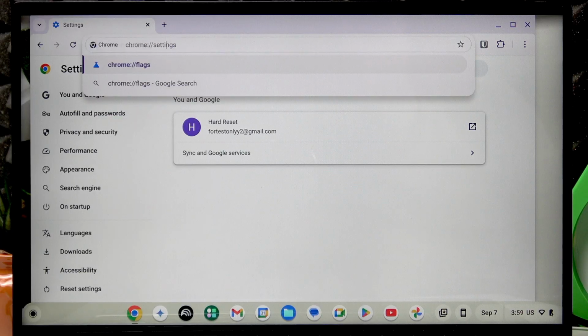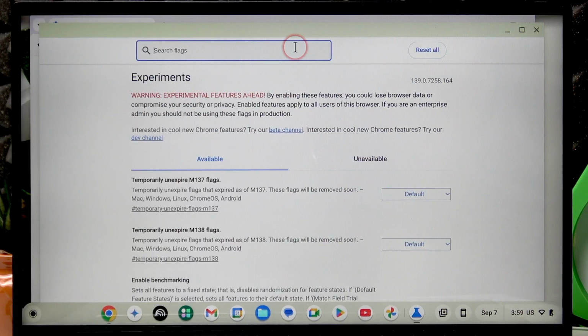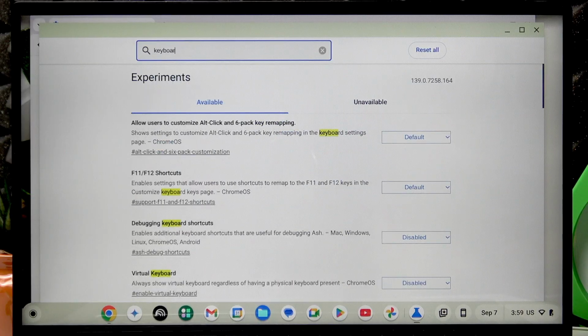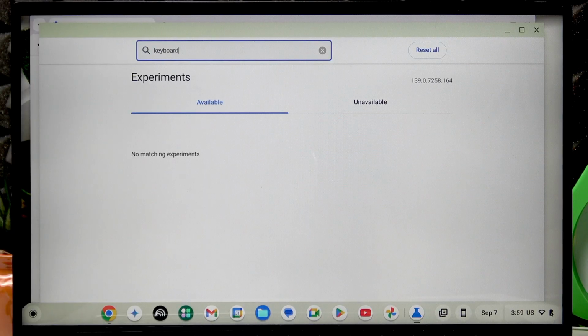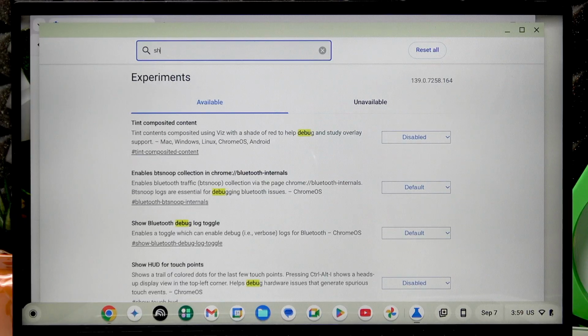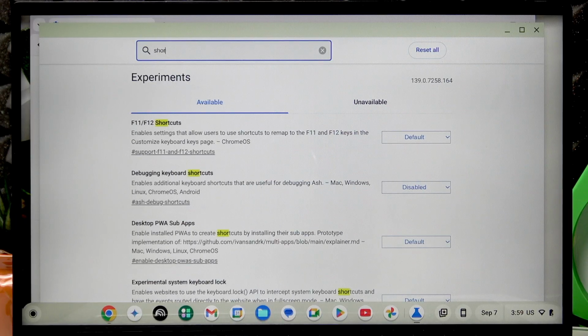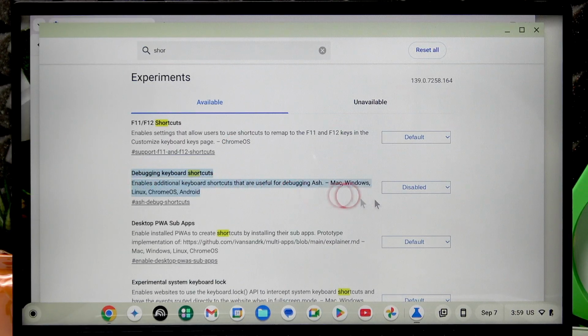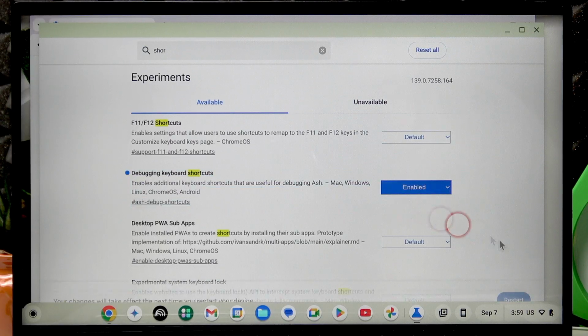So input flags, and then search for keyboard debugging, or maybe shortcuts debugging. Yeah, that's what we're looking for, debugging keyboard shortcuts. So we have to switch this value to enabled, and then click restart right here and wait until the device